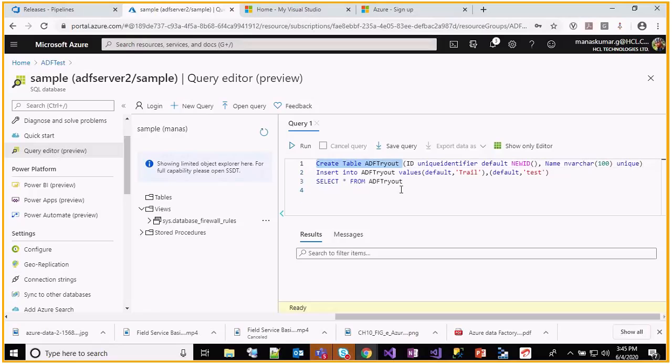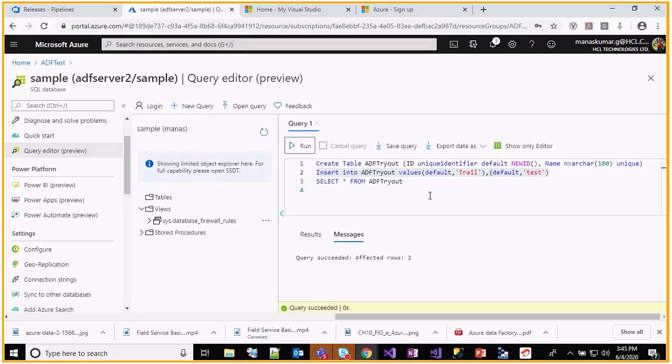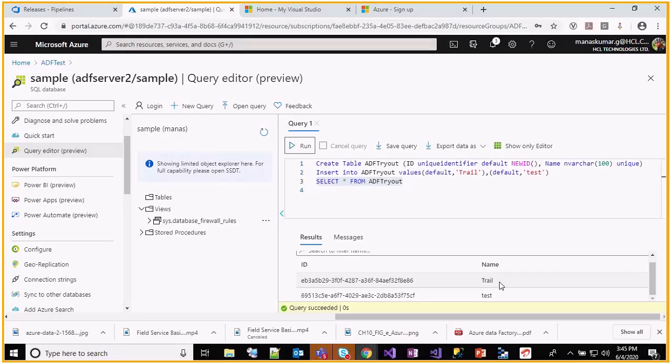This is the ADF tryout table which I created, and if I click on run, my table is created. If I select this, it shows affected rows is 2. That means 2 records were inserted, and if I select it, I can see the trial and test records. I think many of us know this part.